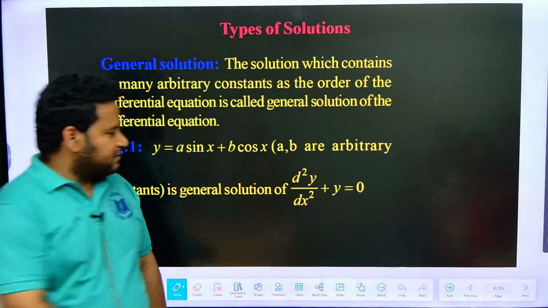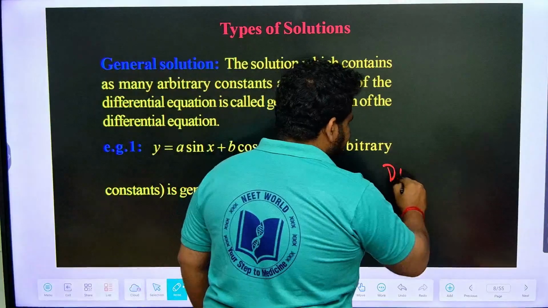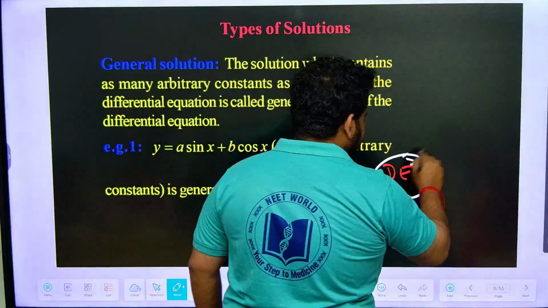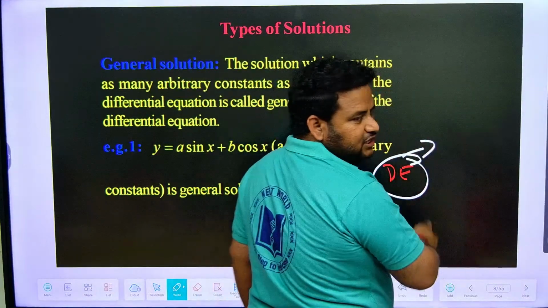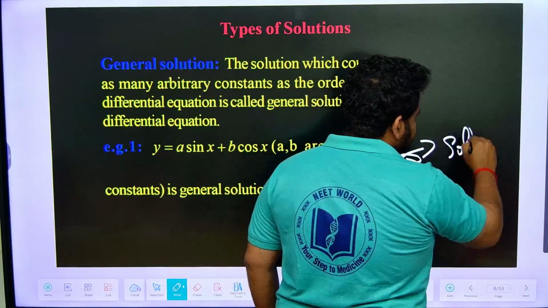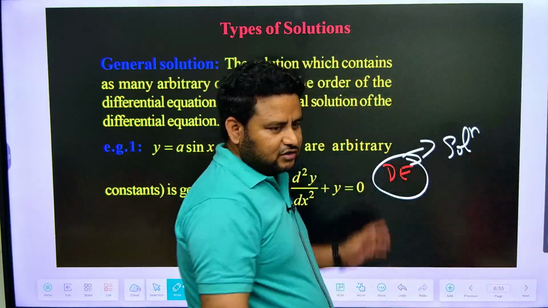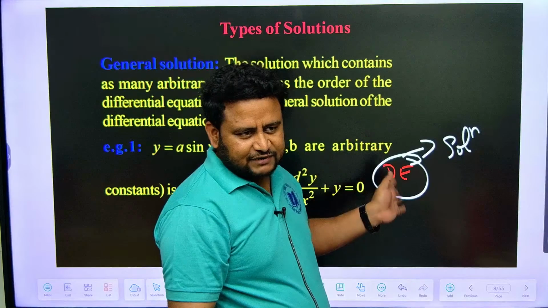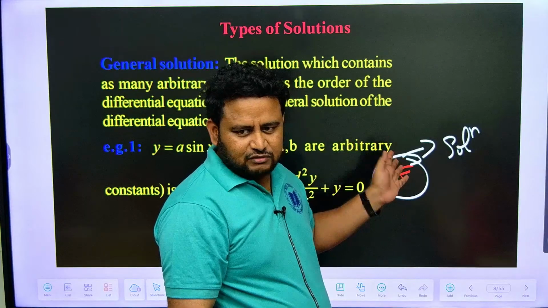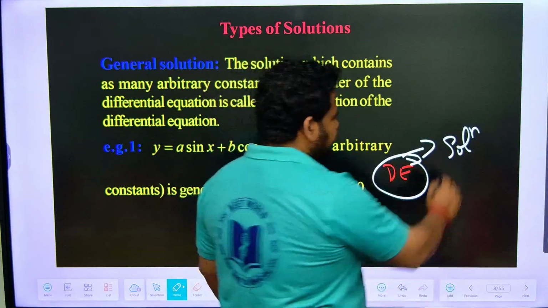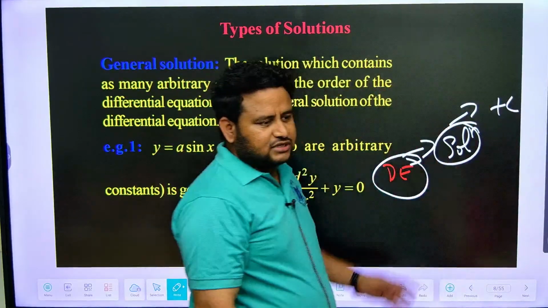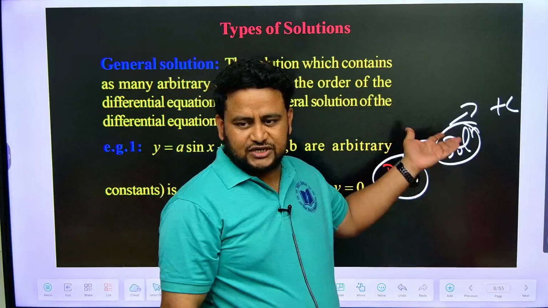Suppose a differential equation is given. On solving the differential equation, what solution do you get? Although the word differential is there, you will use integration. On integrating you get some constant, which you will write as plus c. This solution will have a plus c, correct? So whenever there is a plus c or constant, we call that